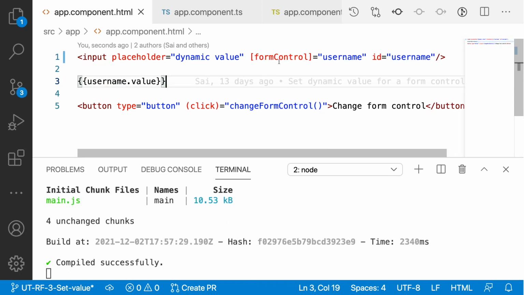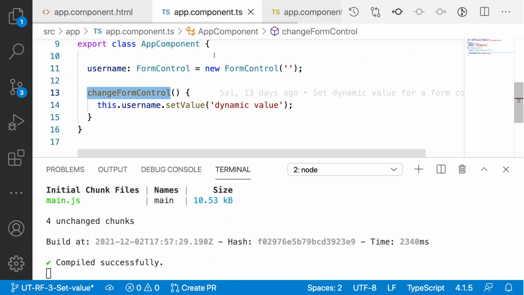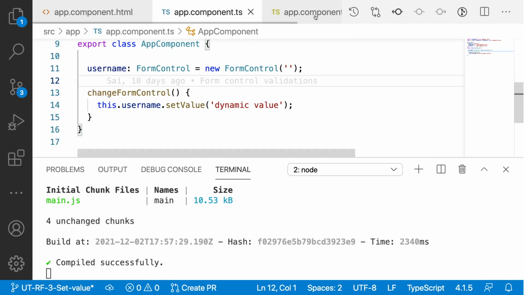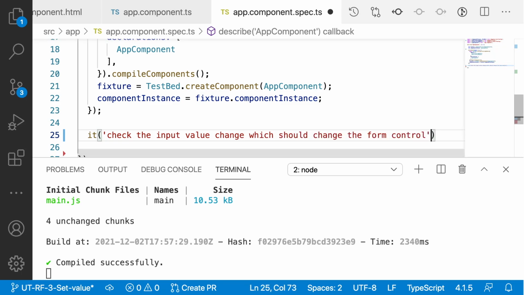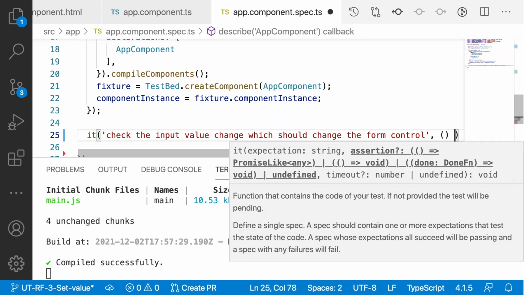So that value should be reflected in our TypeScript username control. So let me check that the input value change should change the form control. So I am changing the input field, and that should affect our form control.